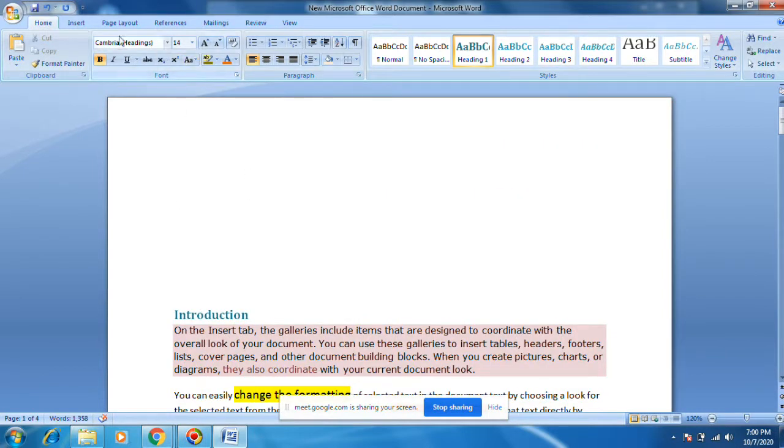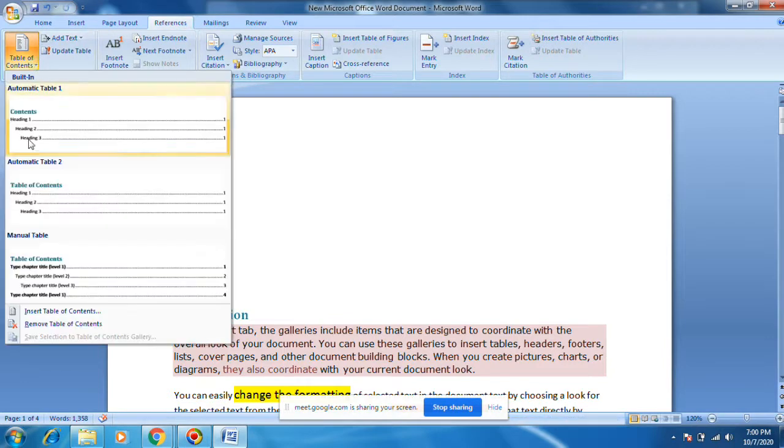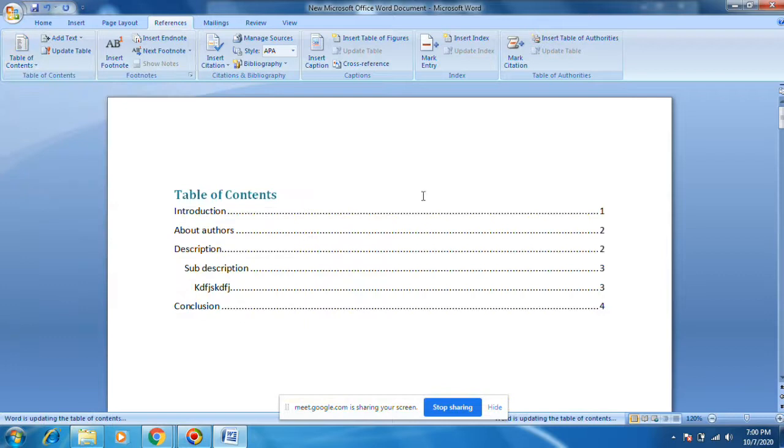By default, we go to the References menu, and then Table of Contents, and select which one you want. The index of that book, the table of contents, will come.